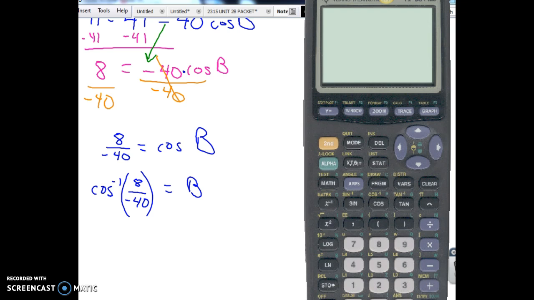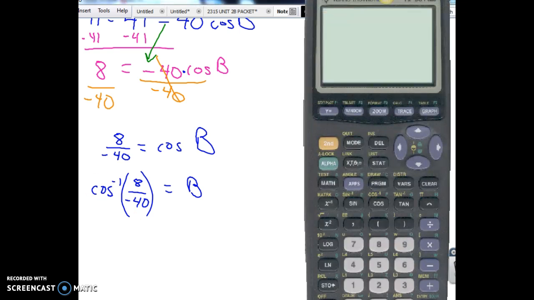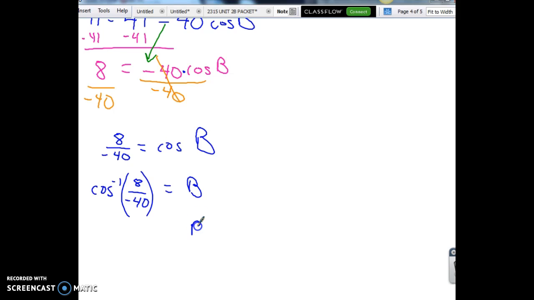Okay, there's my calculator. So I need to arc cosine 8 divided by negative 40. Close it off. And I'm in degree mode, and notice we have angle B is equal to